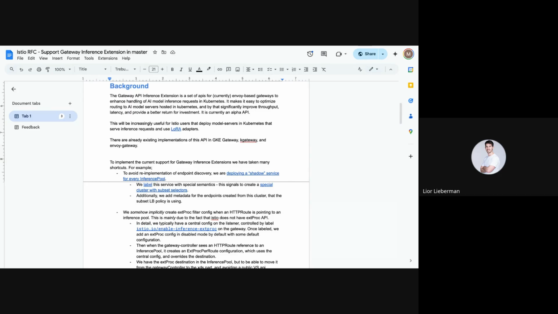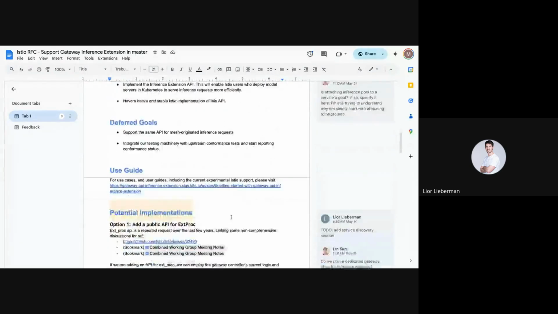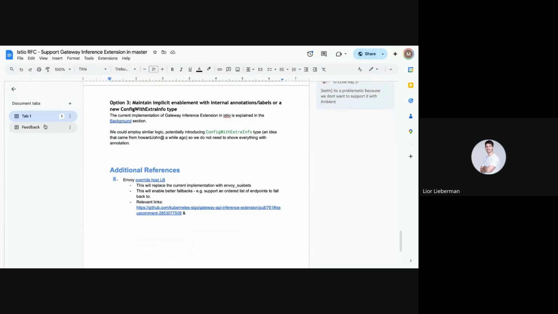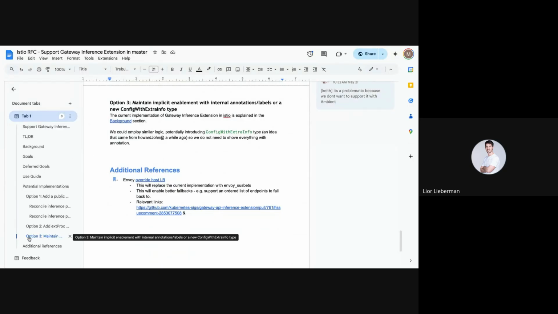Yeah, instead, I'm trying to understand what is preferable. Should we instead do what's in the document as option 3, which is just packing some config with extra information, carrying it over and then constructing it? The other feedback was that maybe we only want to support the inference API upstream,